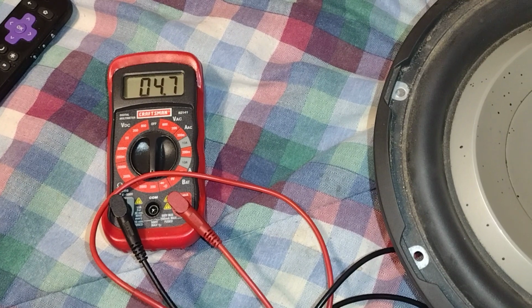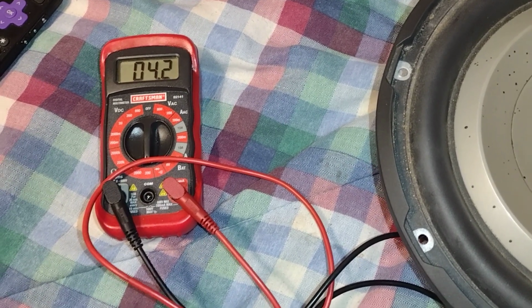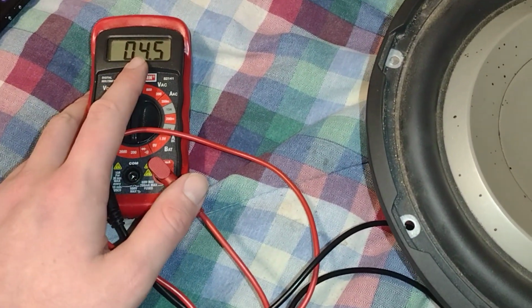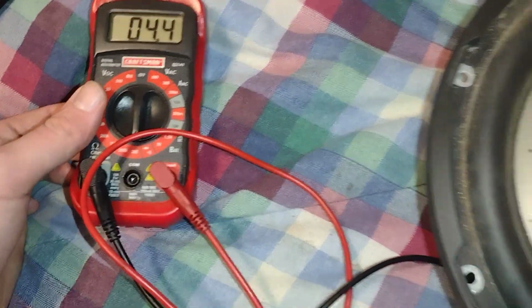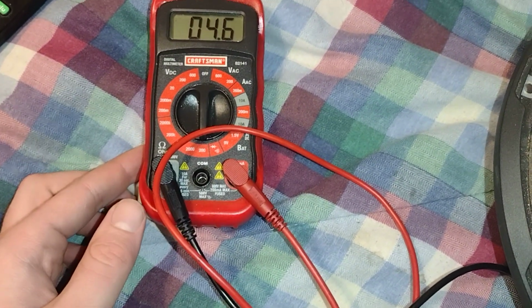there you go. Oh, wait, hold up. It might take a little time. Anyway, it should be a little bit below 4 ohms or at 4 ohms exactly. Should not be above it. As you can see, it's above, but that wasn't happening earlier. Let me just do that. Anyway, so